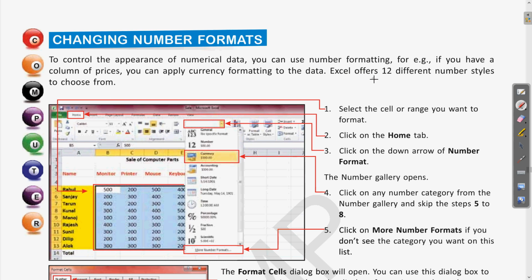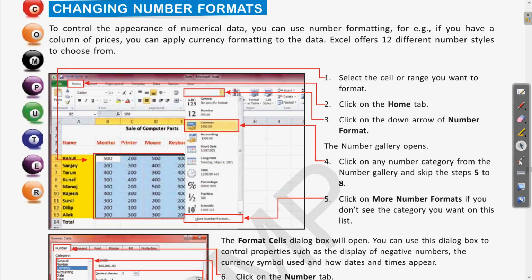How many number styles do we have? We have 12 different number styles from which we can choose to format these numerical values. Clear? Now let us see the different steps, how we can apply these number formattings. So first step is select the cell or range you want to format.